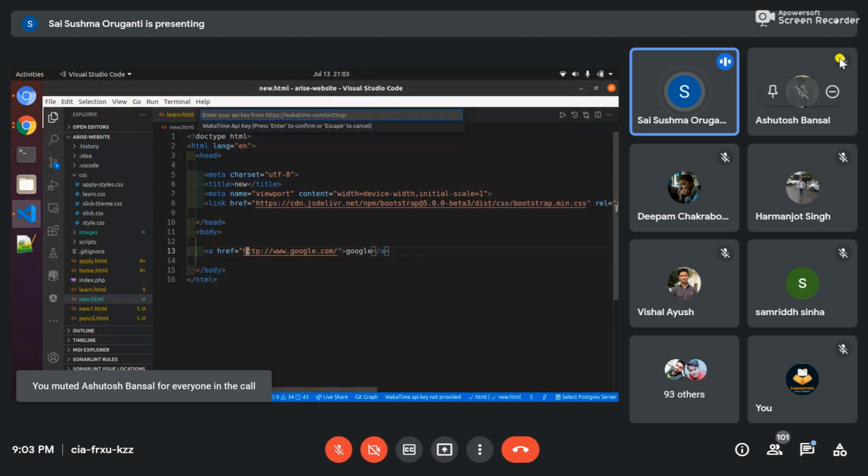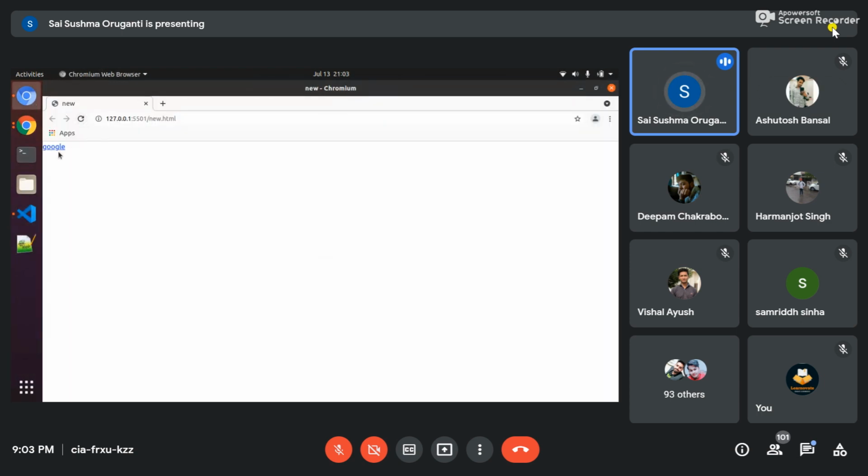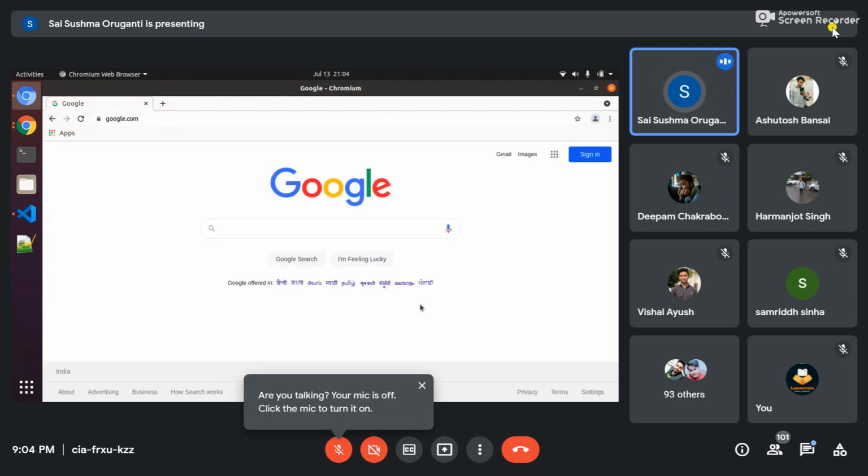So we have to paste the link here from the browser, and you have to write the text here, whatever text you want. So you can see the text, right? See, here the cursor is an arrow, and if you move onto this link, the cursor is a hand. If you click on this Google, then the Google page will appear. So you can copy and paste the link from here and paste it over there.